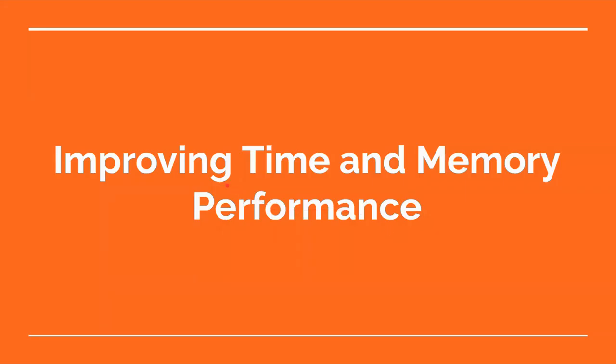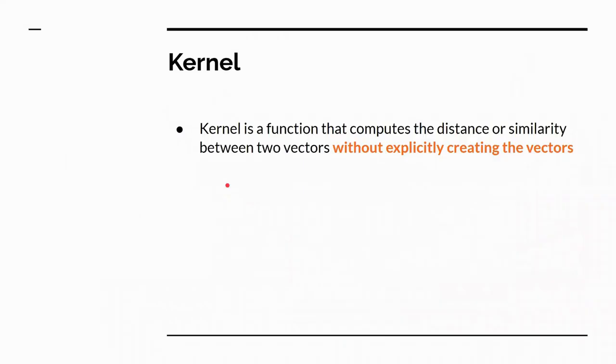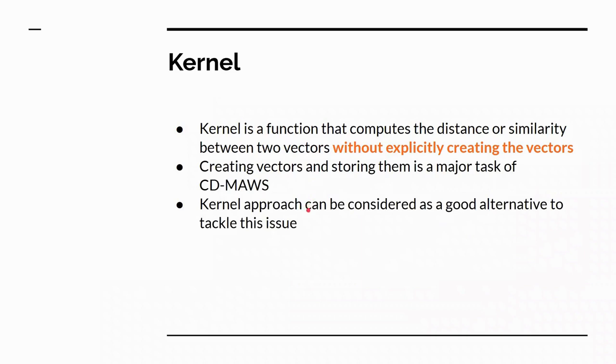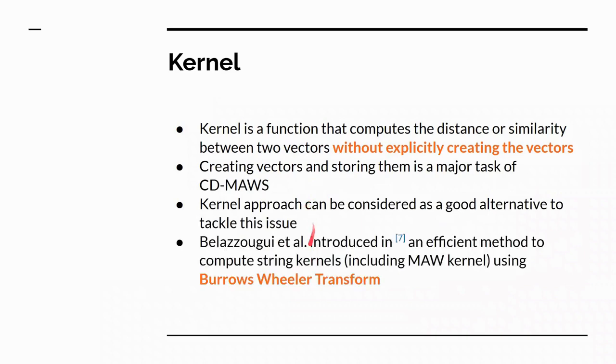To improve time and memory performance, we introduce kernel, which is a function that can compute the distance or similarity between two vectors without explicitly creating the vectors. In CD-MAWS, we have seen that a major task was to create and store the vector. So this is a good alternative to tackle the issue. From this paper, we have learned that a string kernel is an efficient method which calculates the